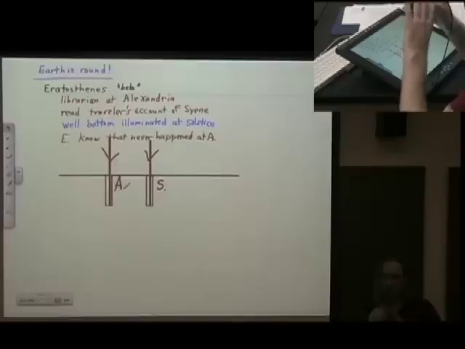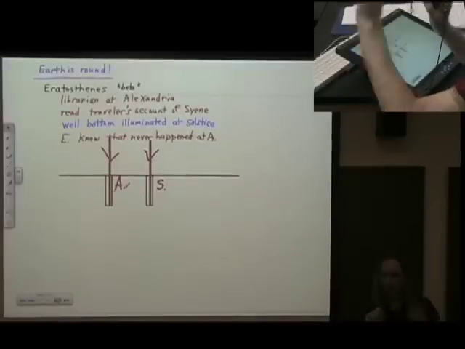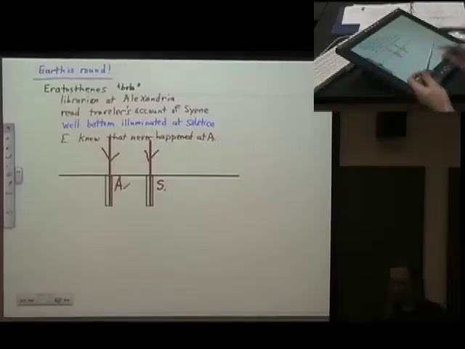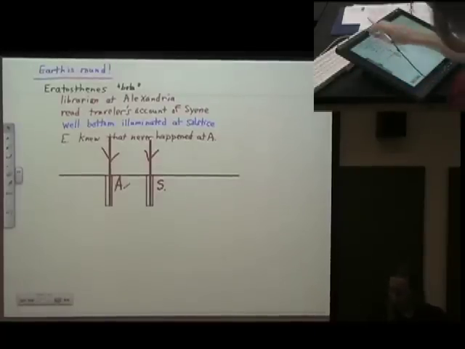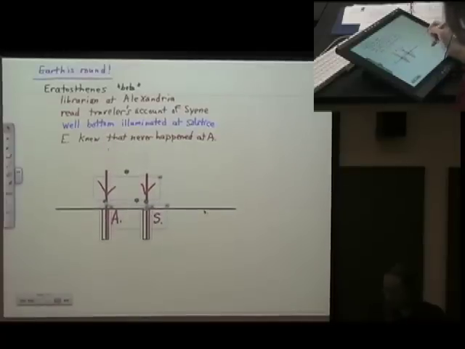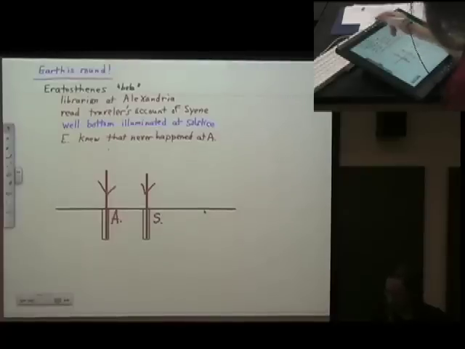Eratosthenes knew that the sun was very far away. There are other reasons for believing that. The sun was so far away that its rays were nearly parallel when it reached the Earth's surface. So this was a good picture, assuming Earth was flat. If Earth were flat, the expectation would be that if the well at Syene were fully illuminated at the solstice, so should the well at Alexandria. So this assumes a flat Earth.